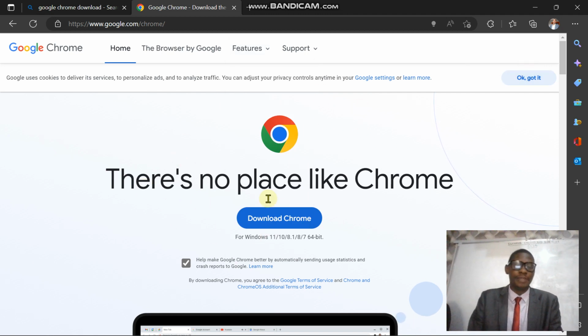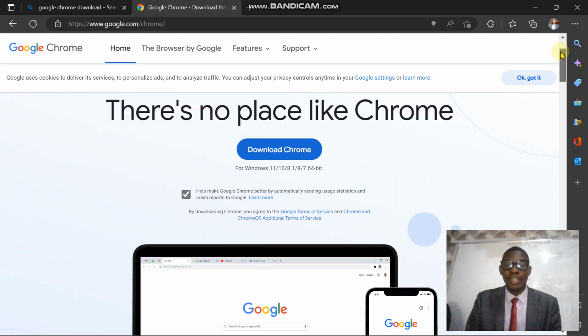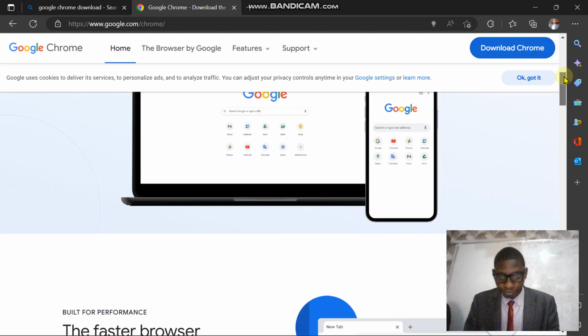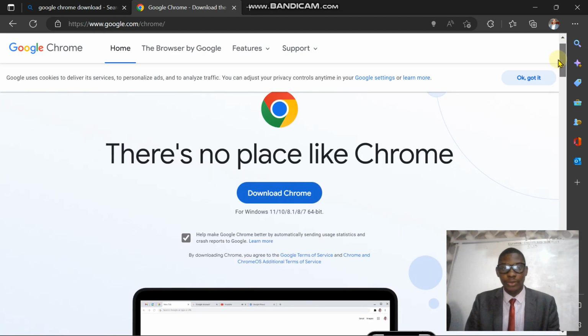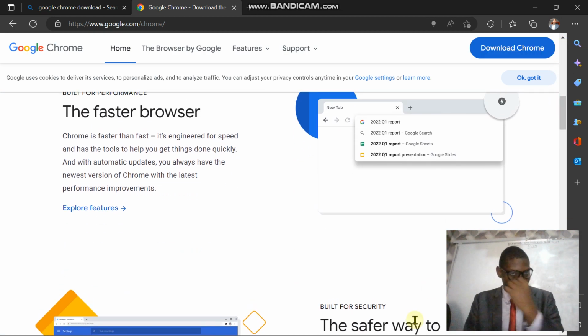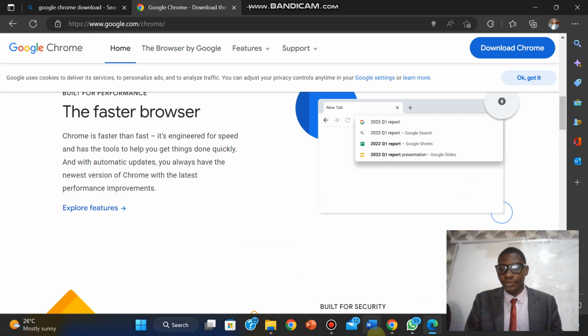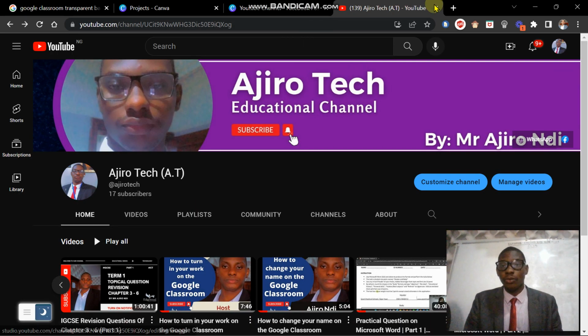Then you see a page like this, right? It's going to show Download Chrome for Windows 11, 10, depending on the system type you're using. It's going to show something like this. Okay. Now when you've done the installation, then the next thing will be